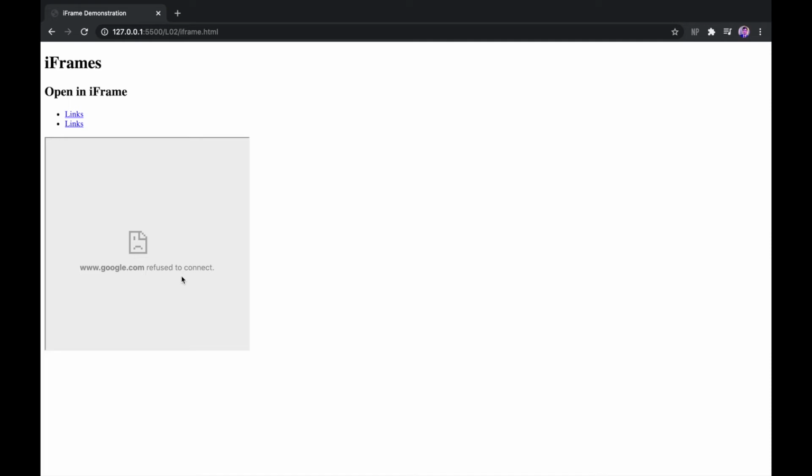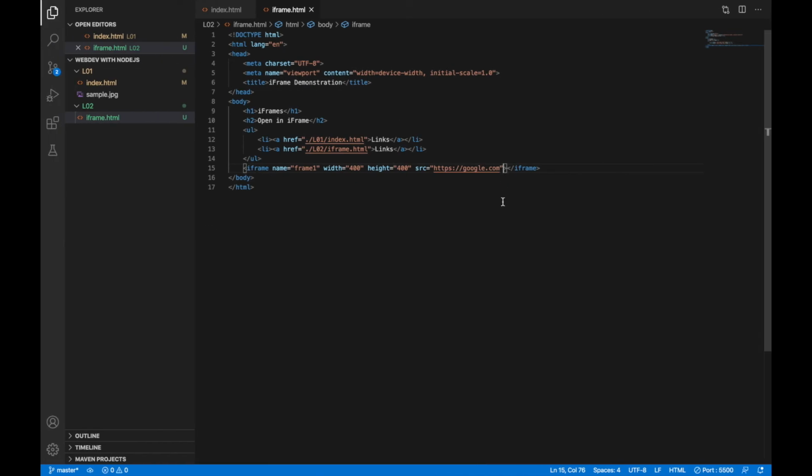So this was something I wanted to talk to you about. Whenever we are trying to open some website inside of an iframe, some websites have some restrictions to them. That is, they cannot be opened inside the iframe. So there's a thing called target. I don't know, it's not taking target.